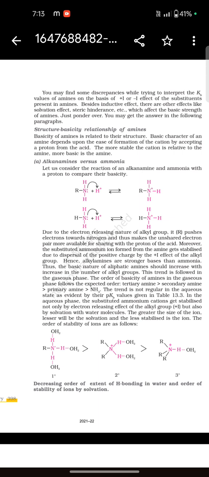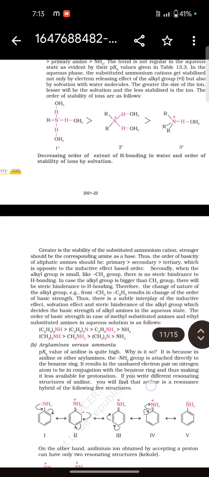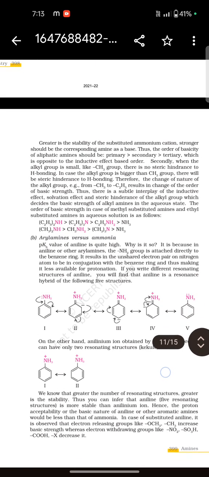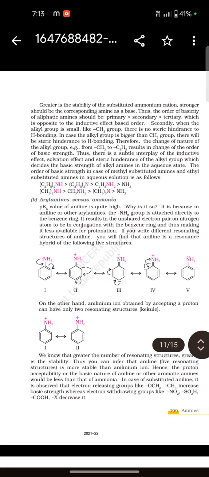The greater the size of the ion, the lesser will be the solvation, and the less stable is the ion. The order of stability of ions is as follows: primary, then secondary, and then tertiary. This is the decreasing order of extent of hydrogen bonding in water, and the order of stability of ions by solvation. Greater is the stability of the substituted ammonium cation, stronger should be the corresponding amine as a base. Thus, the order of basicity of aliphatic amines should be primary, secondary, tertiary, which is opposite to the inductive effect